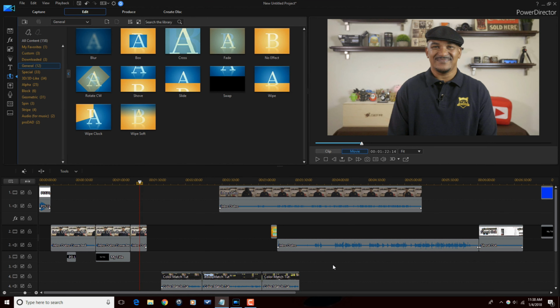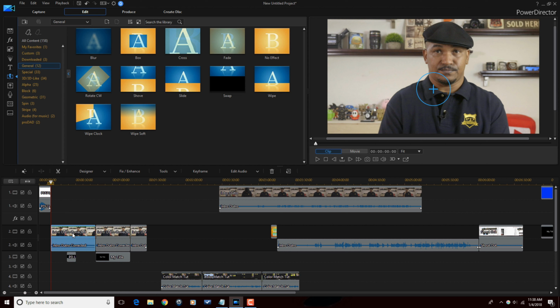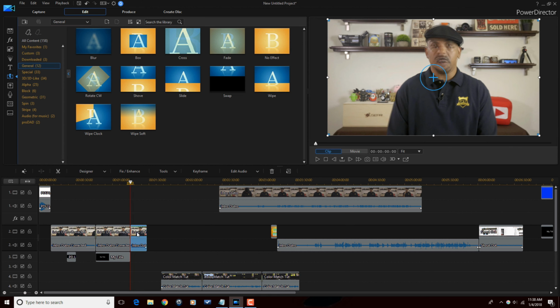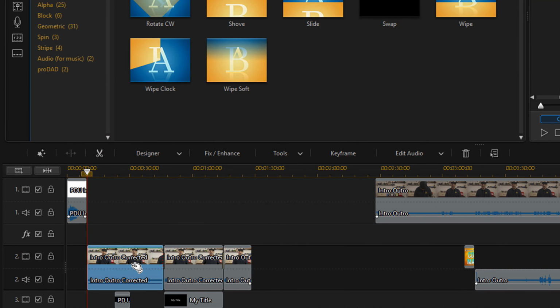So now let's wrap this up by talking about copying and pasting keyframe attributes. So if you add any type of keyframe attributes or effects to a clip, like on this one, you can see that it's zoomed in. This one is not zoomed in. So if I want to zoom in this clip like this one is, what I did on this one was I applied the PIP designer and I applied some scaling effects to bring it up. But instead of having to do that, click on this clip, go to PIP designer and do everything again, I could just click on the clip where I've applied the effect or the keyframes.